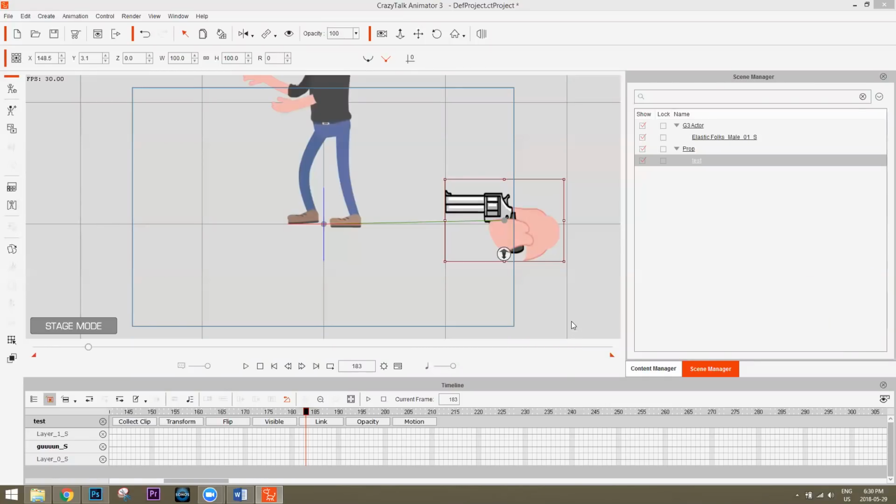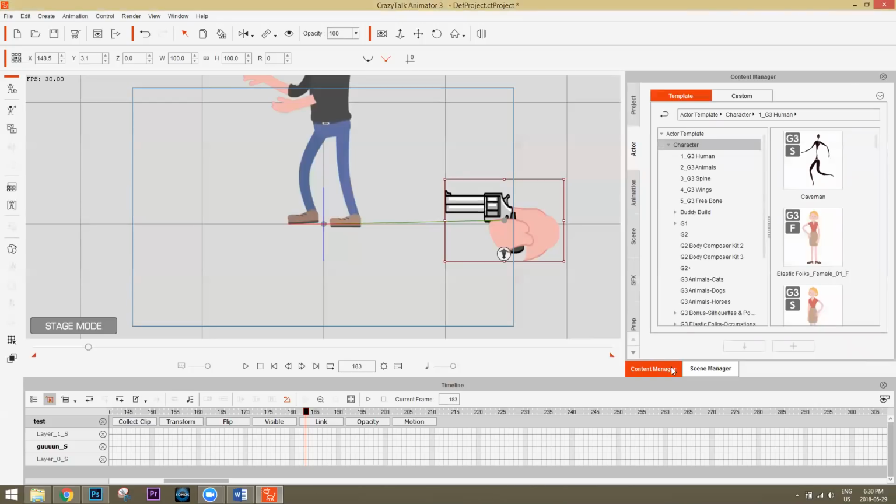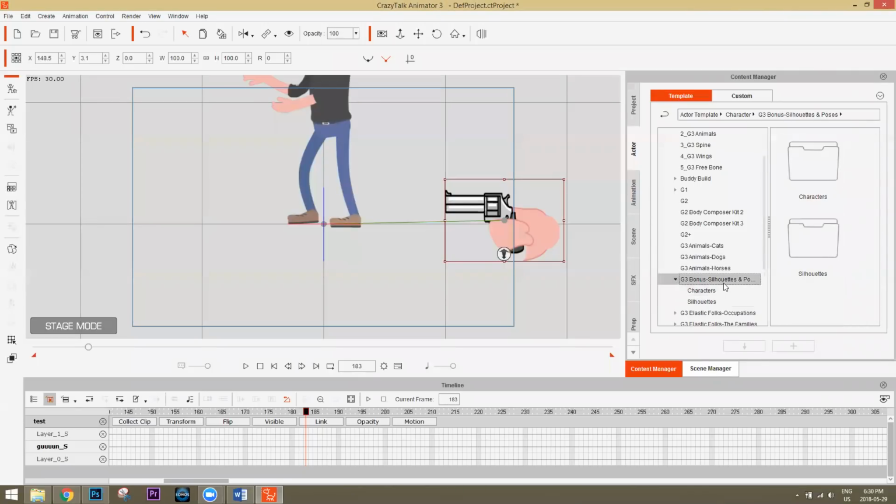Shane asks, what's the best way to create shadows of objects and people? Oh, we could probably have a separate tutorial on that. It's pretty complicated, but we do have a silhouette content pack that you could use for some of your shadows. I believe it's called G3 bonus silhouettes and poses.